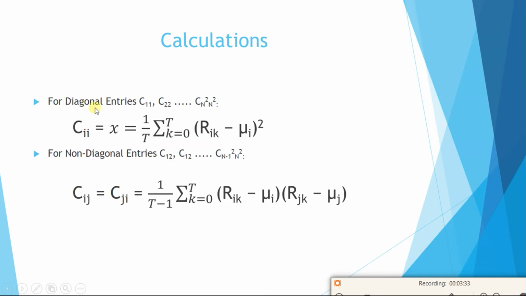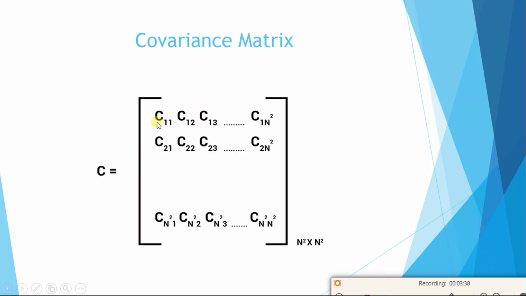If you want to find diagonal entries like C11, C22, it will be the variation between the same direction. So we have to understand what C11 tells. C11 tells the variation of dimension 1 with dimension 1. It is just a variance, not a covariance. But C12 tells the variation of dimension 1 with respect to dimension 2. This is covariance. So all the diagonal entries are just variance, and all the non-diagonal entries are covariance between those